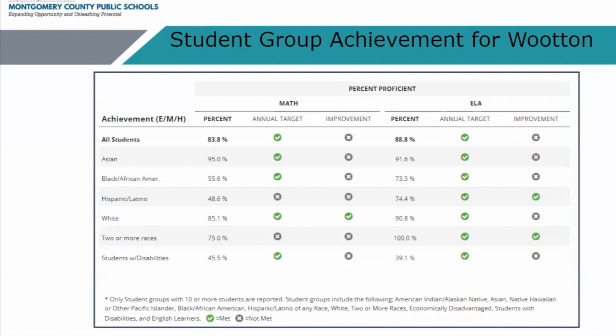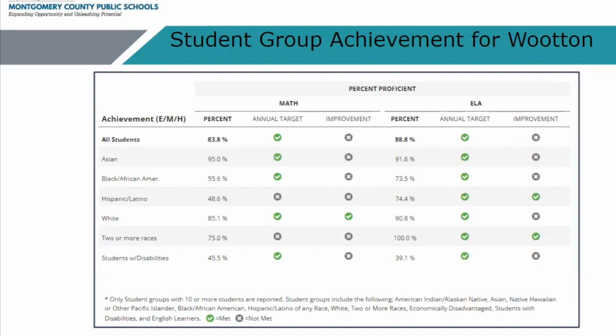55.6%, while it meets the target, there is a big gap between other subgroups at our school. And that's one of our lower measures where you compare to, let's say, performance in ELA, where it goes up by 20 points there. So we will build school improvement goals around those gaps that we see.